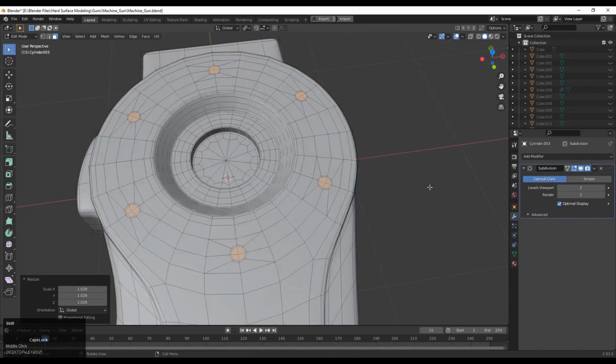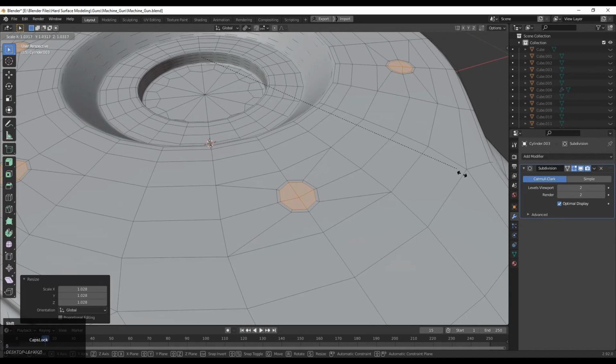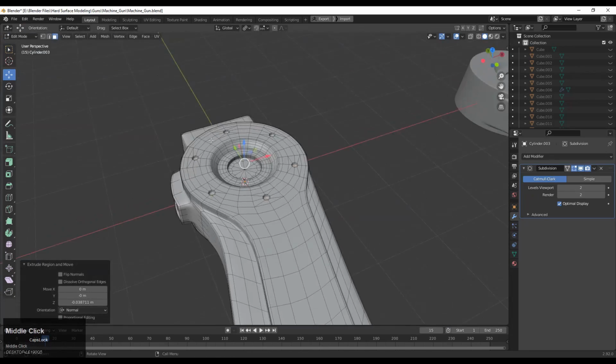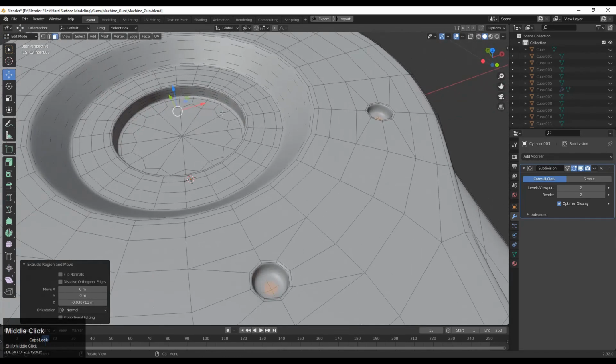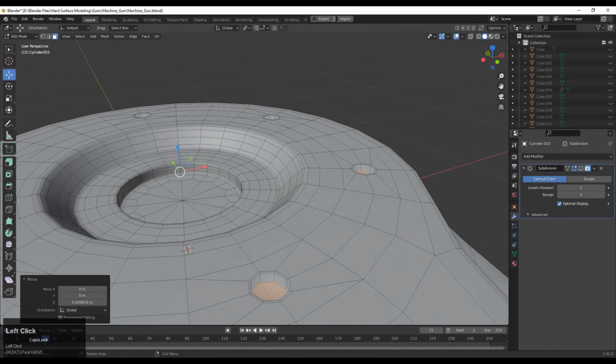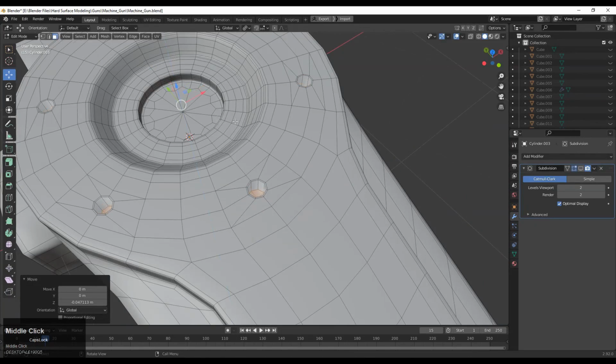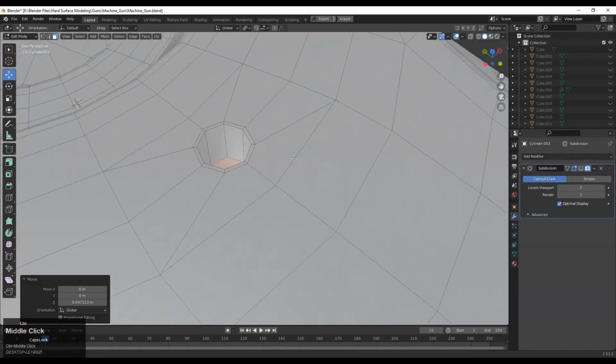So then press I for the insert operation just to add more loops, and then you can use the extrude along the normal tool, like the extrude tool, to move it along the z-axis. And then press I for the insert operation just to add one loop there.